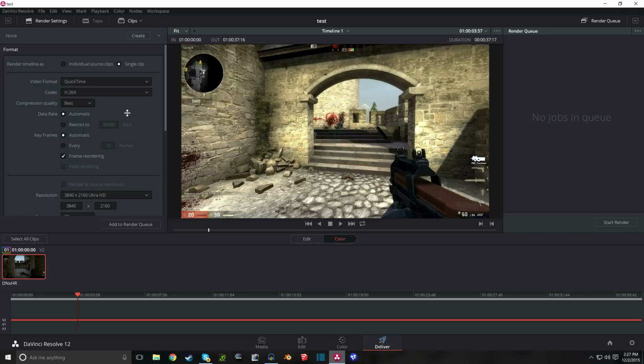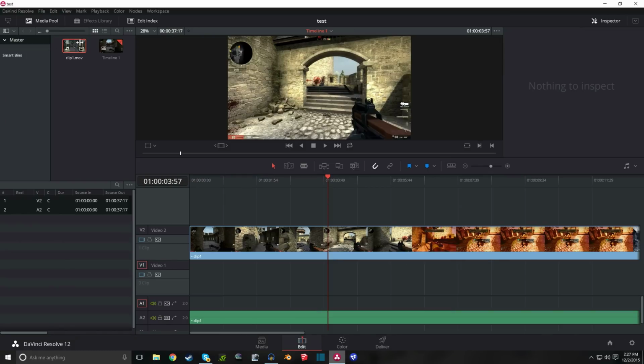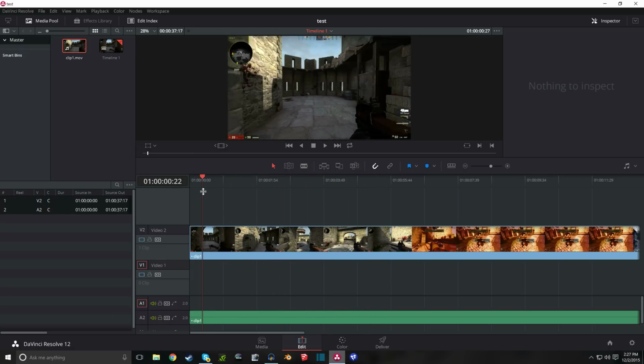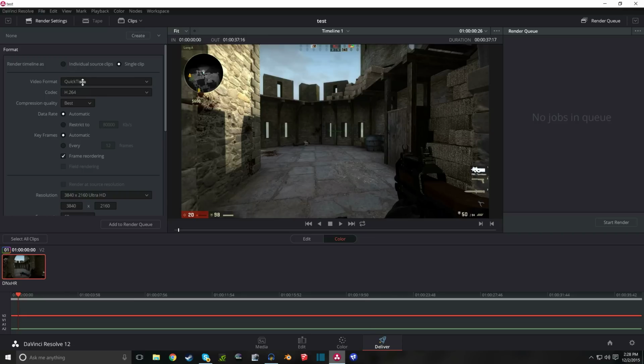Now for things like intros, if you don't want to have to optimize the media every time, if you pull a straight MP4, H.264 or any compressed codec into the timeline, it'll play back really choppy and you won't be able to edit. So if you want to have your intro or outro or some file that you're going to be putting inside a lot of videos and using a lot, I suggest making a file that you can play back easily in